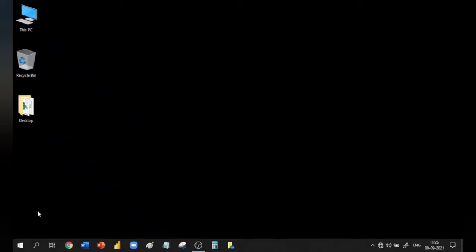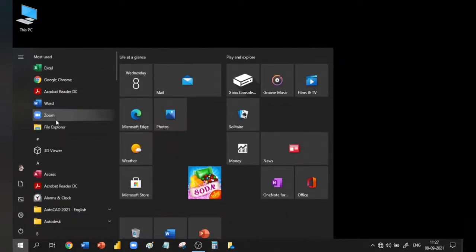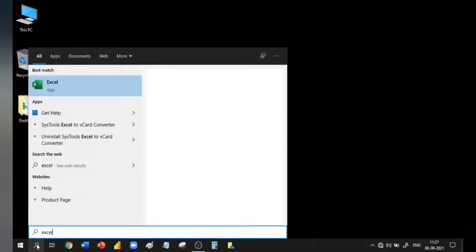Let us just understand how to actually start at first. There are many ways. You can directly jump onto your start button and find your Excel application over here, or the other way is to just go onto the search bar and search for the Excel application. Now it is advisable that if you are going to use Excel for a long time, then you always pin this application on your taskbar.